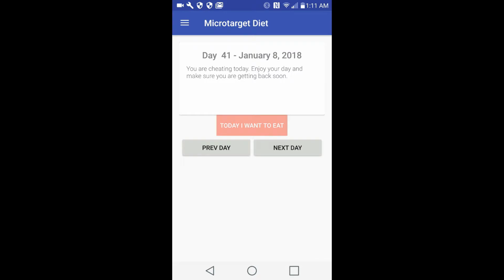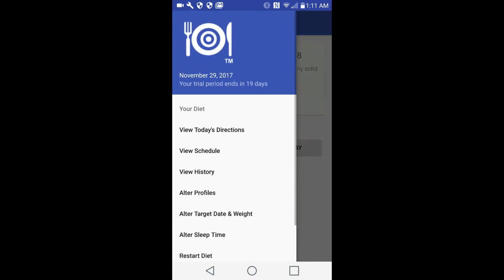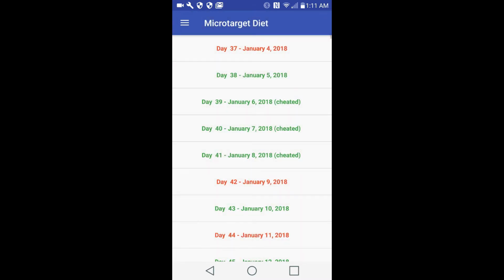I'm going to move forward 1 day here to the next day. And as you can see in the schedule, 4 days of eating in a row. Okay, now that is going to really mess up your diet because you've gotten into a pattern of eating 1 day and not eating the next. Eating 1 day, not eating the next. And it's been highly effective. If you follow that pattern, it will be highly effective. But now,